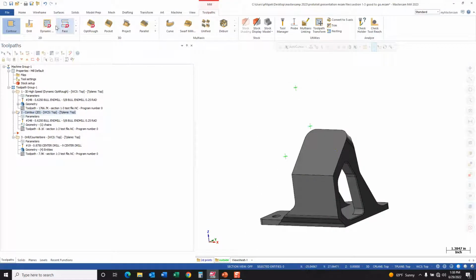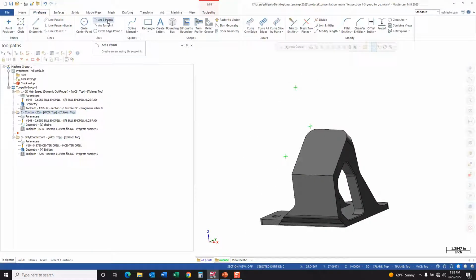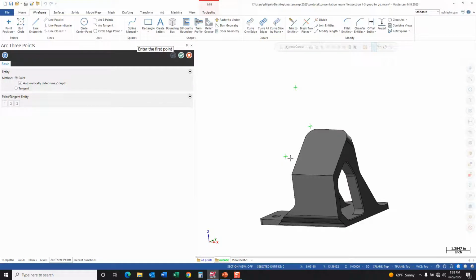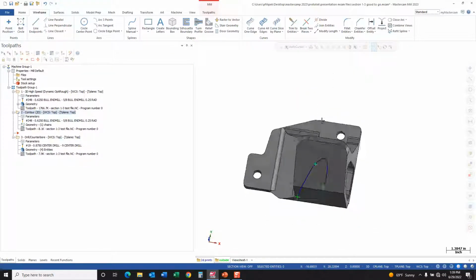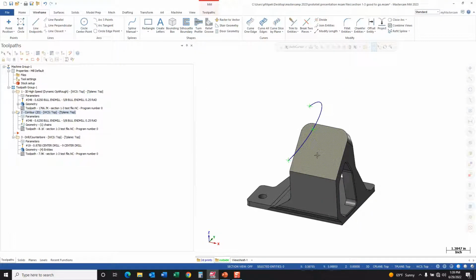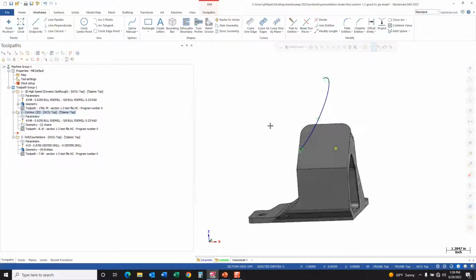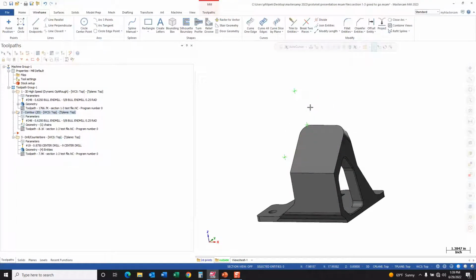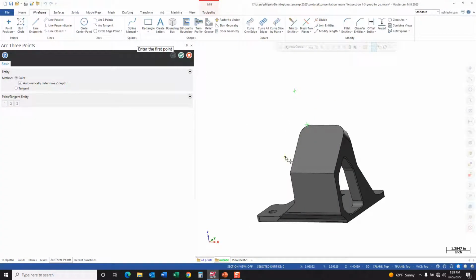Now, I'm going to go ahead and just draw a circle here, a three-point circle. And as I look at this, it's kind of over my part. It's out into space. Well, I really want to lay this on this surface. So that's not going to work. But if I come back and redo this, and I pick this, pick this, pick this,